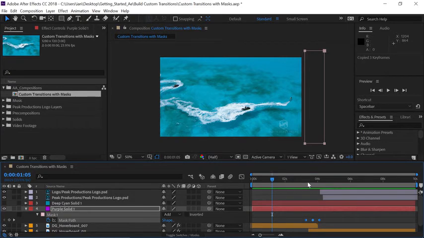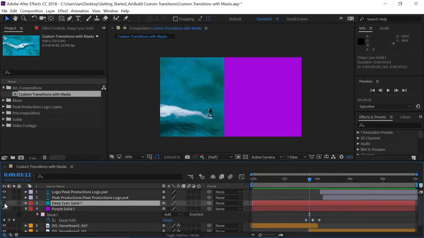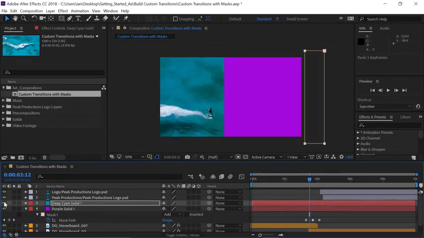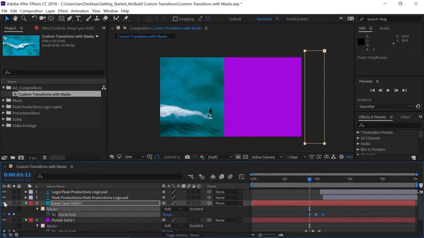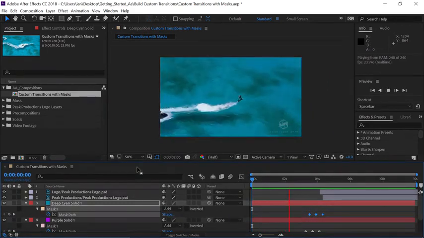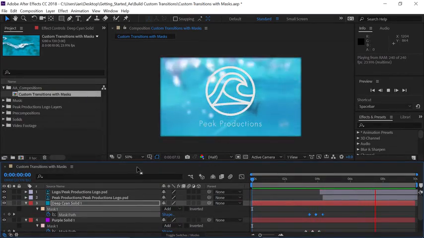Let's move our current time indicator roughly in between the first and the second keyframe. So I'll position mine to about frame 312, and I'll select layer 3 and turn its visibility on so we see it in the timeline, and I'll press Control+V on Windows or Command+V on the Mac to paste the mask path. If you press M on your keyboard, you'll see those keyframes that have just been pasted. So to preview our animation, let's move our current time indicator back to the beginning of the timeline and press the spacebar. Now you've not only created one mask animation, but 2 because you've copied and applied the mask keyframes